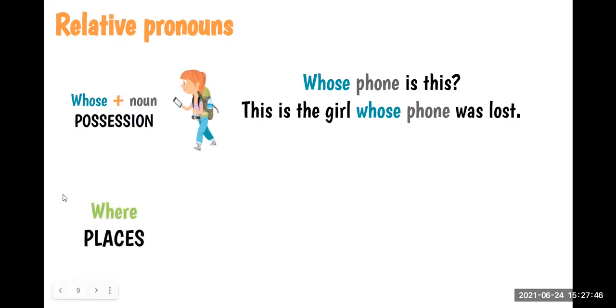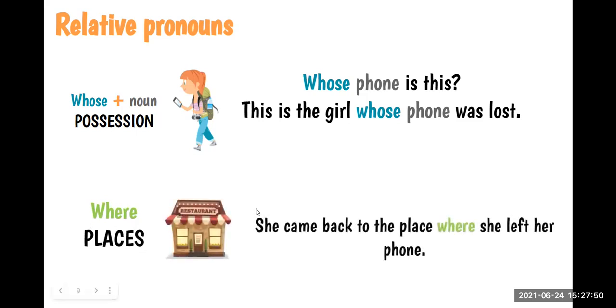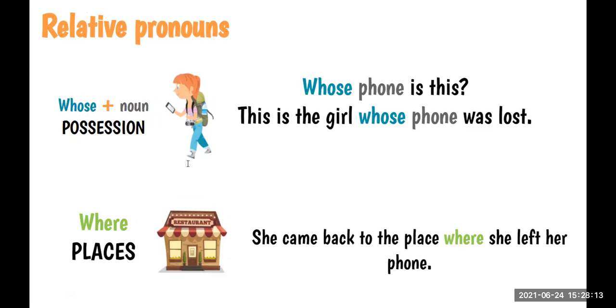And then we are going to use also where to talk about places. Okay? She came back to the place where she left her phone. Donde ella dejó su teléfono. Okay, so we are going to use all these relative pronouns in this lesson. Any questions about this? Lo que les estaba diciendo acerca de whose para indicar relaciones entre personas, por ejemplo, podríamos decir,